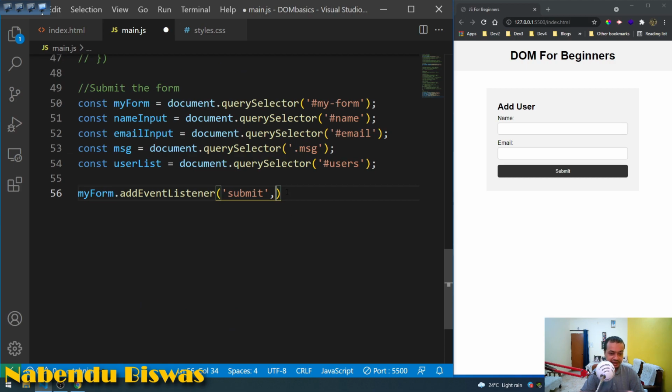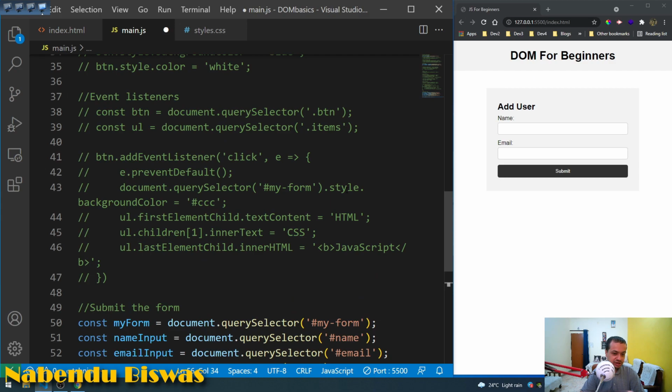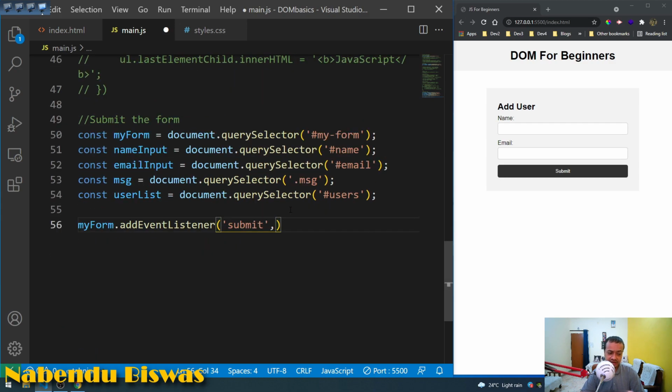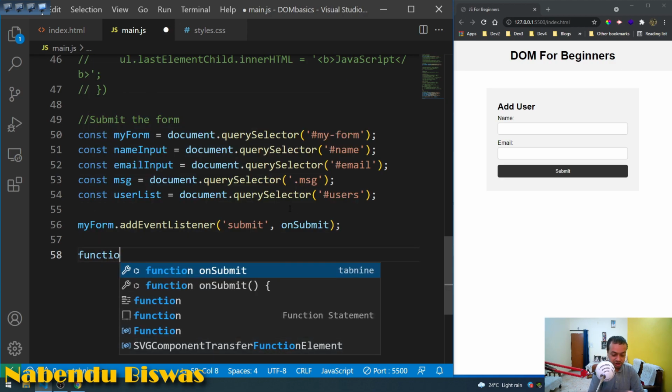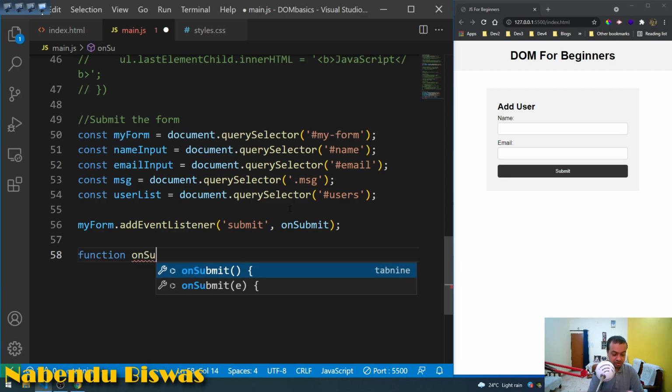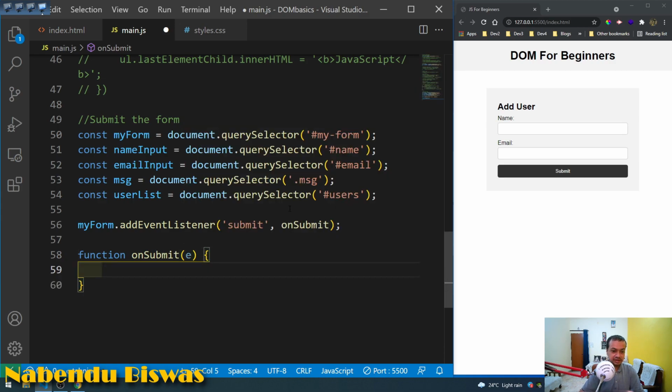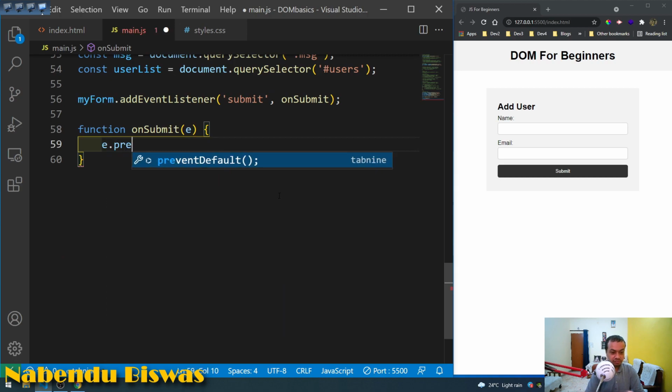Then after that I can write a function here, like the function which I have written, or I can write it outside also. So let us see how to write it outside. I will write function on submit, and it will take e as always, and then I will write e dot prevent default, and then if